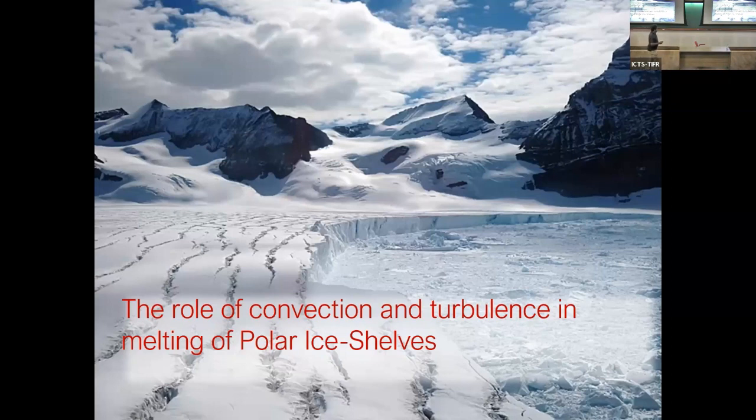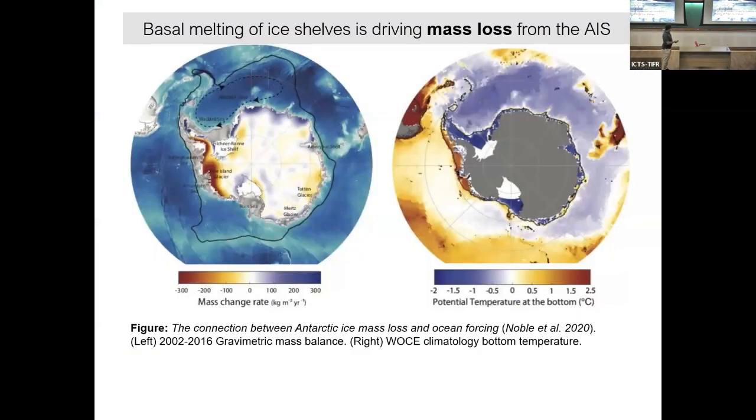So let's start. Why do we care about Antarctica? As you know, Antarctica holds a huge amount of ice. Which ice are we talking about? This ice is resting over the land and extruding over the ocean. So when this melts, it is going to add water to the ocean, which means the ocean volume is going to rise.